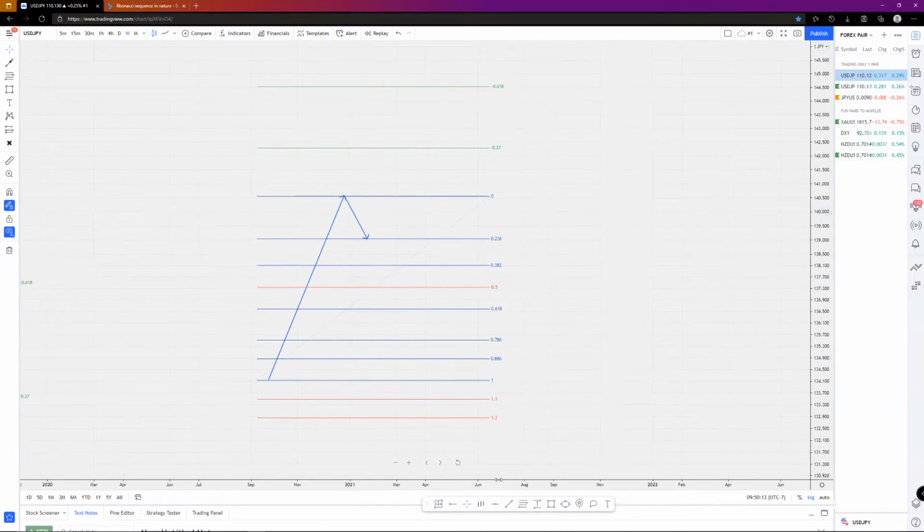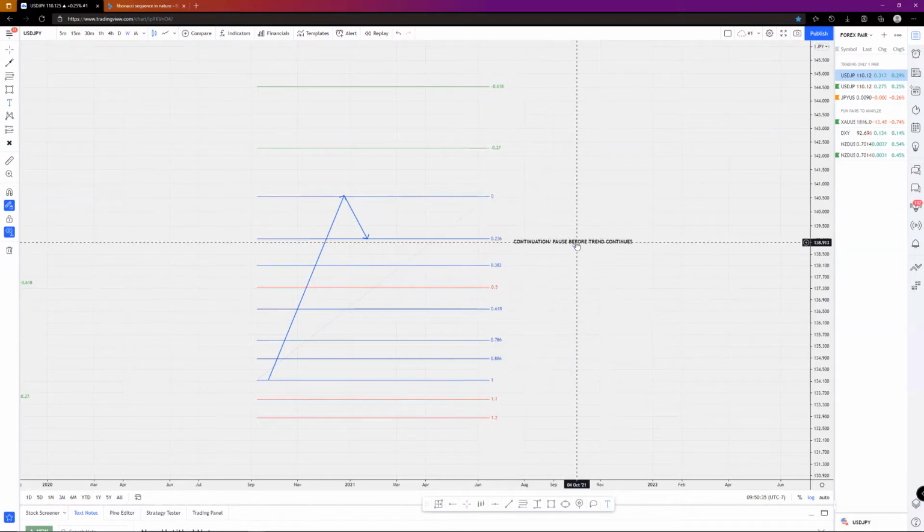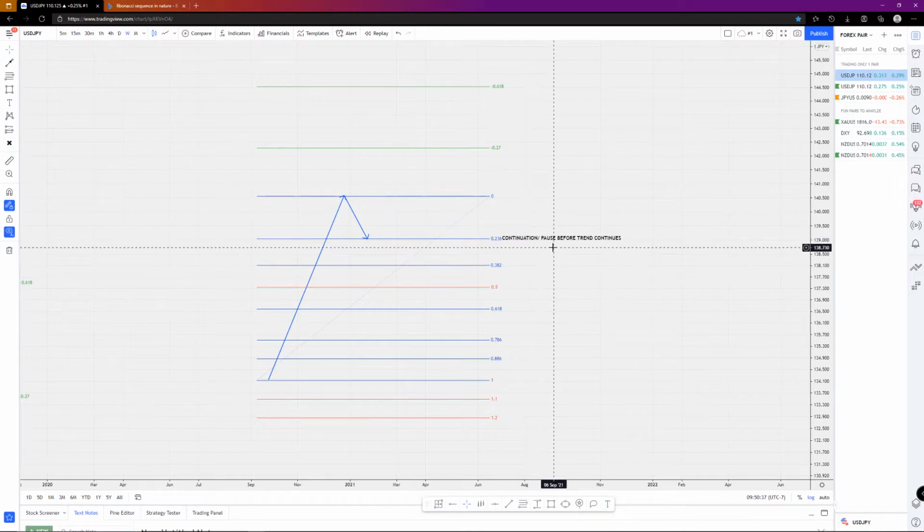If it comes to 23.6, right, this is what 23.6 entails. It's a continuation or pause before a trend continues, meaning that when we see this happening, sometimes market structure